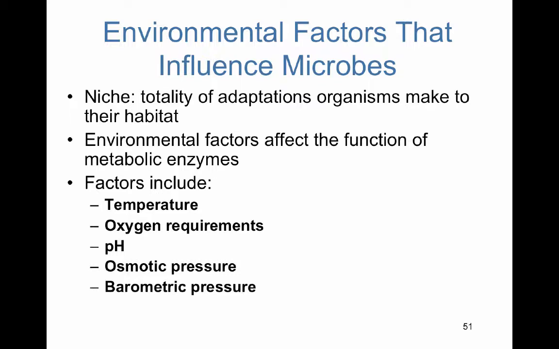Now I'd like to go over all of the different environmental factors that can influence how a microbe can grow. Again, for the online crew, you've been playing around with inoculating plates and placing them, as recommended, at a higher, hotter temperature. Also, some of them require more or less oxygen, and can be a little prickly with how they grow because some are very particular with their oxygen requirements. Some also like certain pH levels. They like a more acidic environment or a more basic environment. Also, osmotic pressure we just talked about, and barometric pressure is another factor.